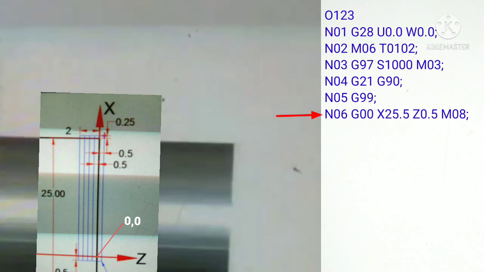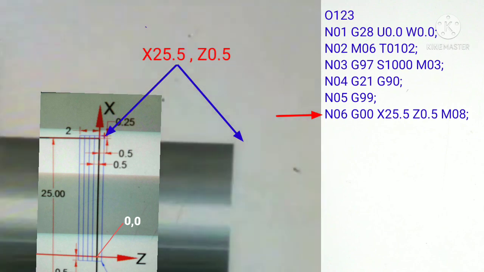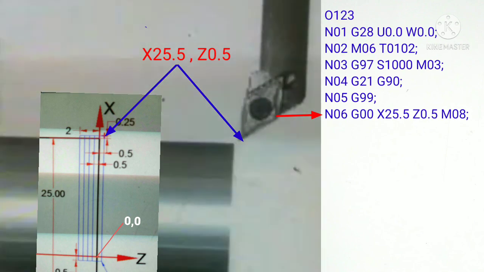So let's start. Here we will see that for line number N06, the tool will come to the point X25.5 and Z0.5 and wait for the next step. This point is the initial starting point of the tool.